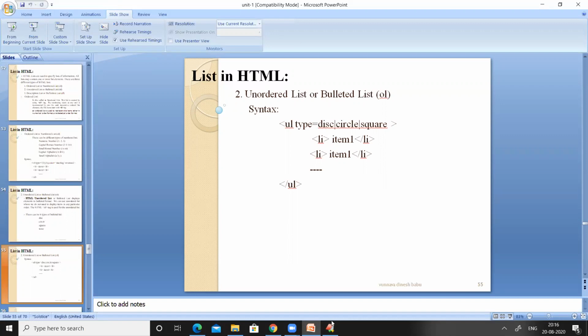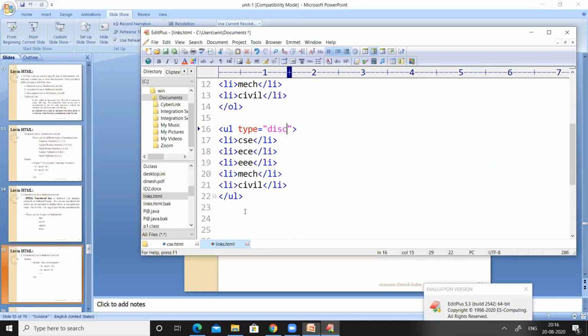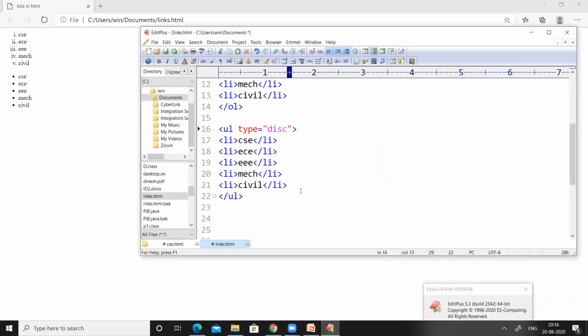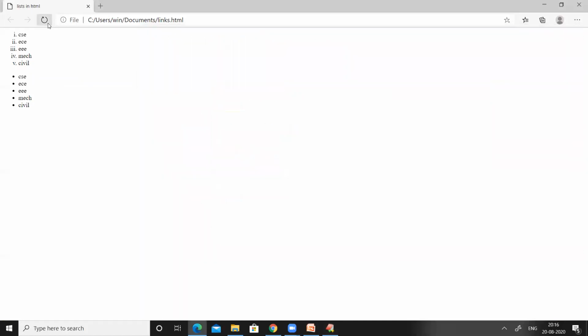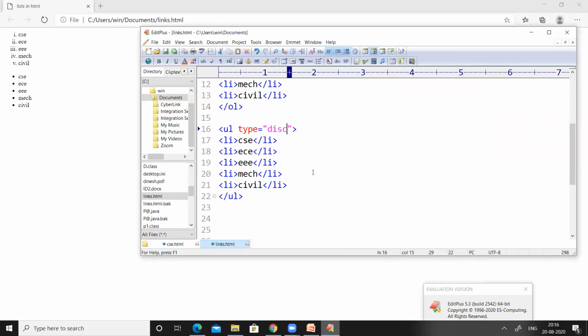So let us check with the disk. Initially, if we don't provide any value, we got the output as bullets. Let us use the type attribute, and if we provide disk, let us check how it works.